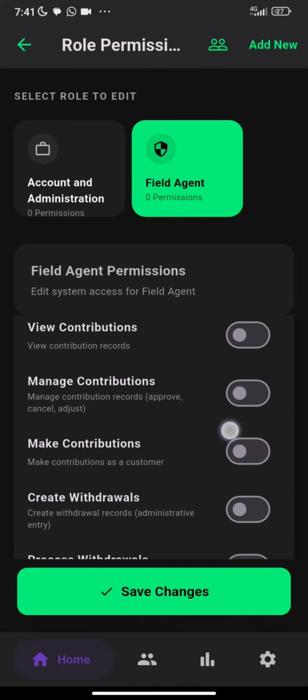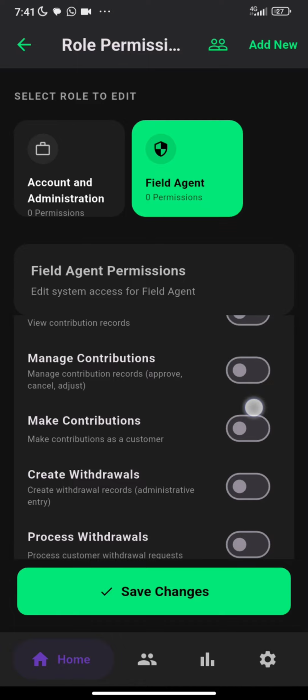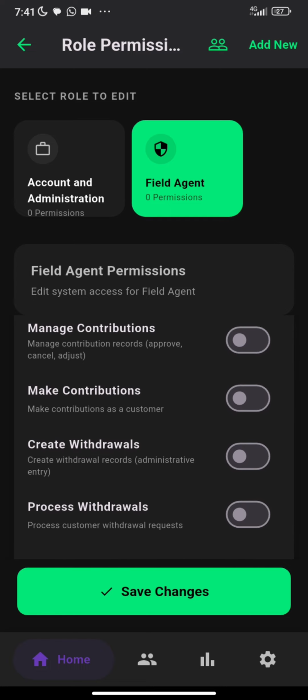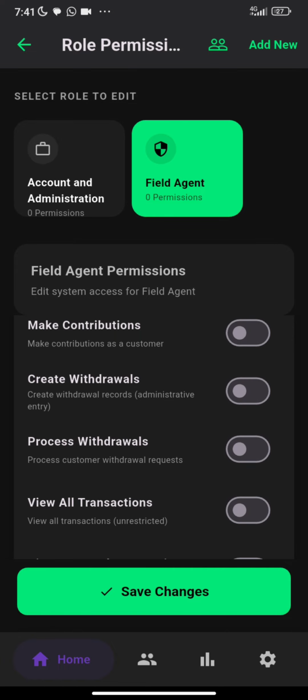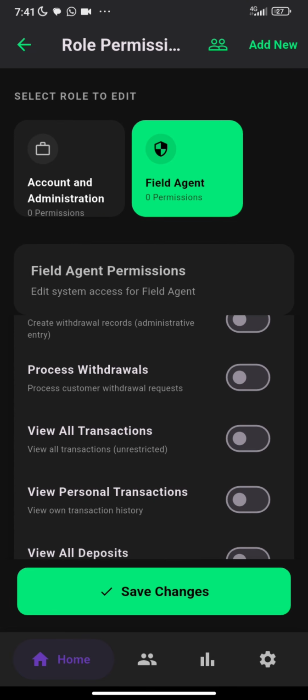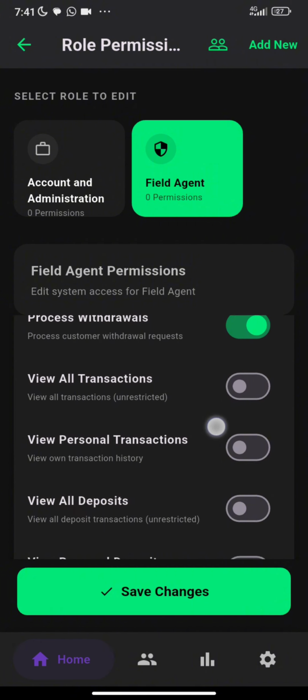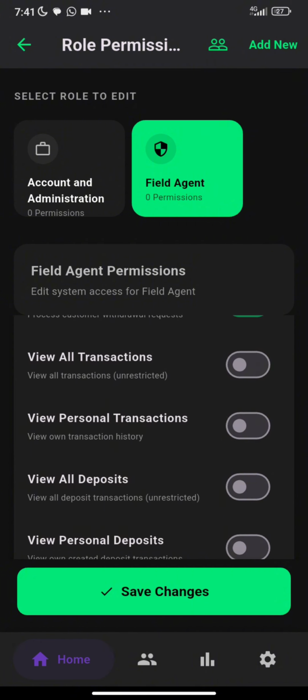So you can always visit that again if you have confusion on what I'm talking about. So you have the manage contributions, then make contribution. This is for like a customer, but for now you don't need to do that. So you have create withdrawals, process withdrawals. So click on the process for the staff, then view all transactions, which is when you want to let the